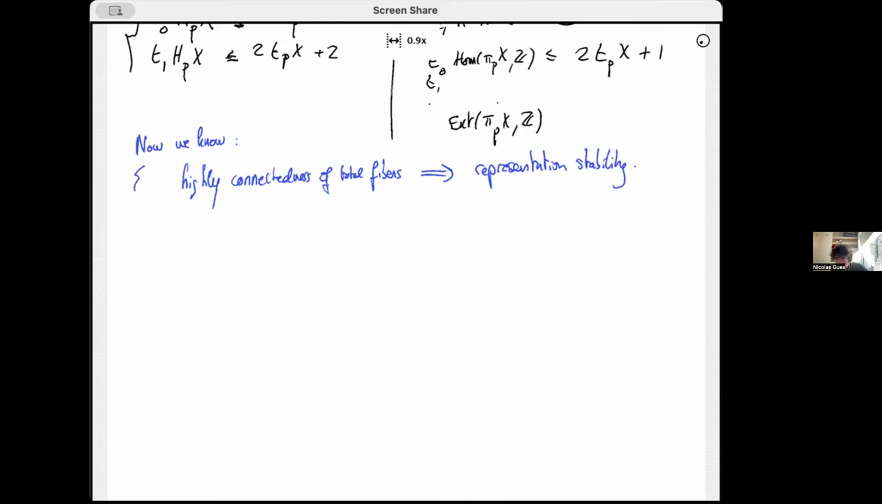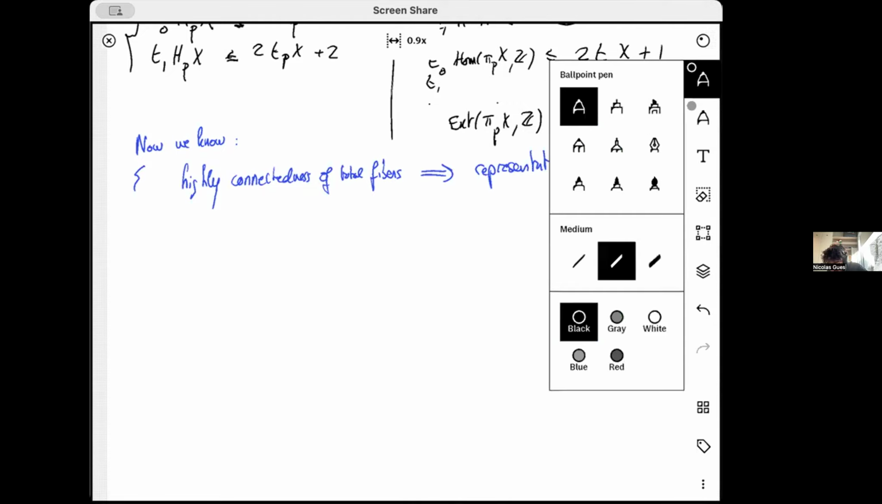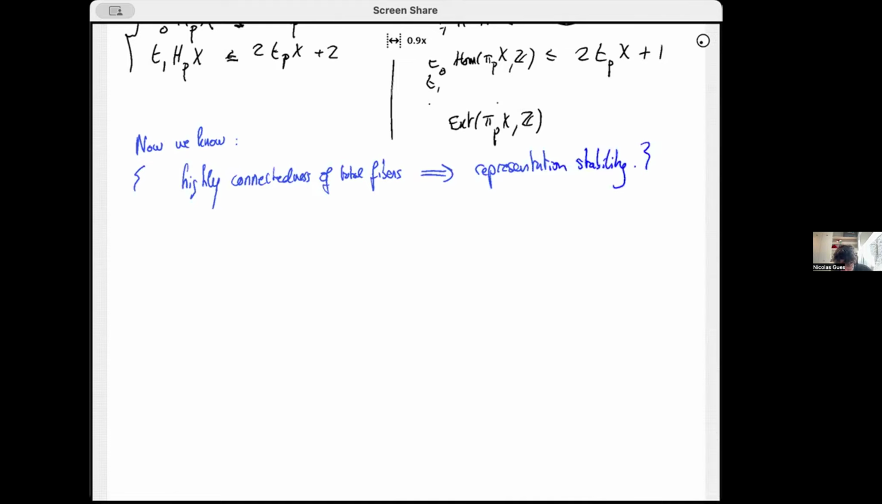So this is a kind of a slogan. And so I still need to prove that these are highly connected. And maybe this is not easier than just proving representation stability. But actually, in the case of configuration spaces,